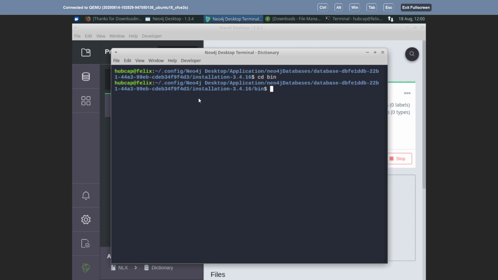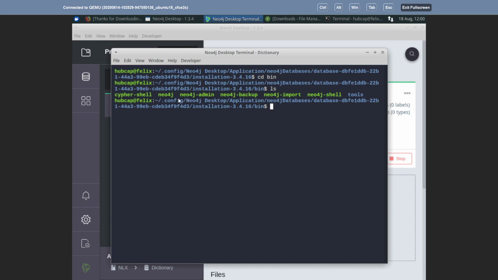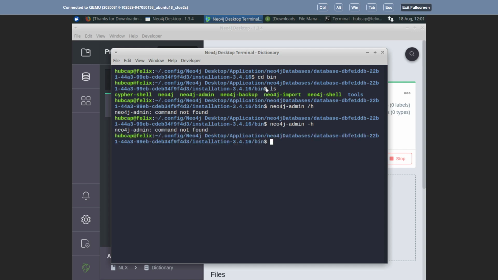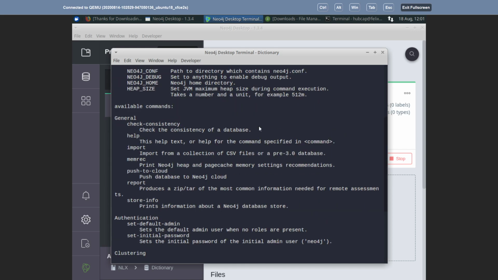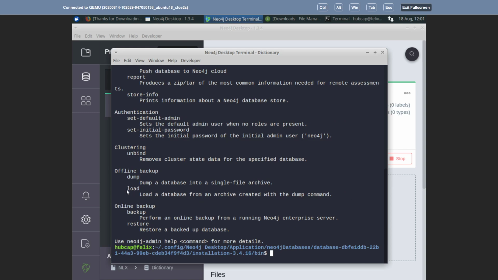Go into the bin folder, and we have certain admin tools. We need this command. So we say load